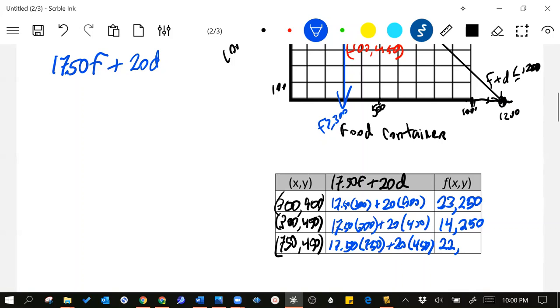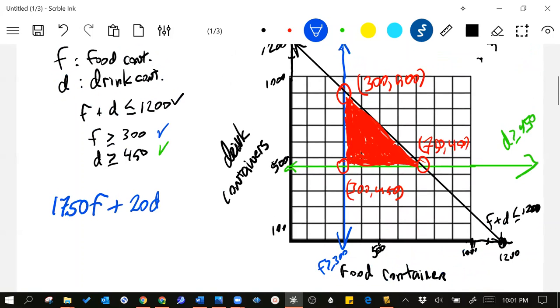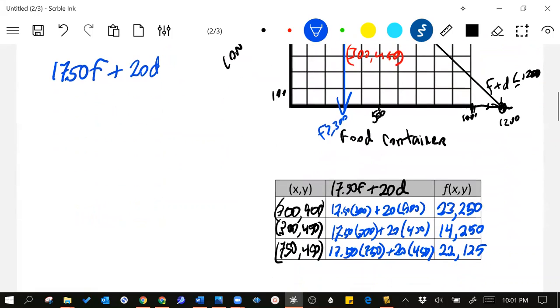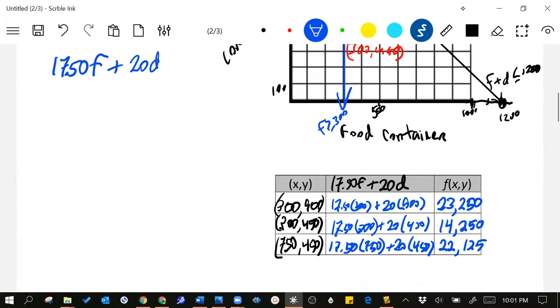When you calculate these out, these are the results. So this one tells us, since the question specifically is a maximum, nothing about the minimum, what's the profit if the plant maximizes production? And this says that the profit is this amount. So they must actually charge more than that to get some of their expenses back before they have profit. So I'm going to guess this is a 25F plus 30D or something like that, or I don't know, whatever it might be. But what this does show us is that clearly one of them is larger than the others. And because that's the maximum,